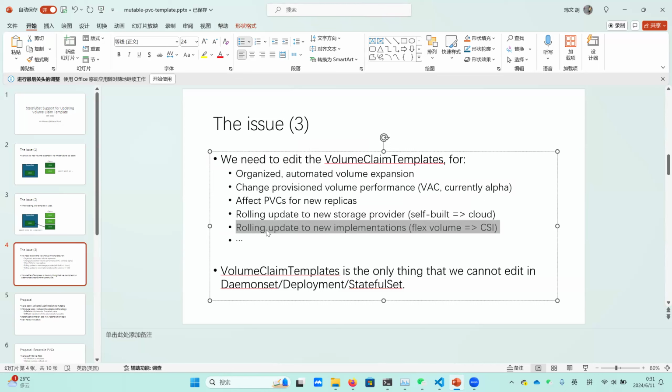And we are a cloud provider. So historically, we provided our customers with the flex volume implementation, and now, of course, we have CSI. We still have a hard time guiding our customers to switch from flex volume to CSI. So if we do have this feature, that is, if we can update the storage class,